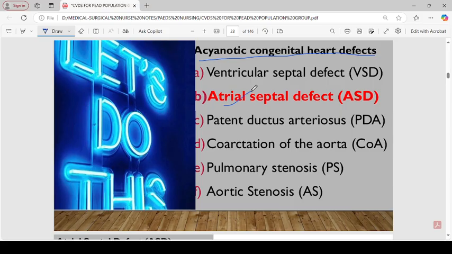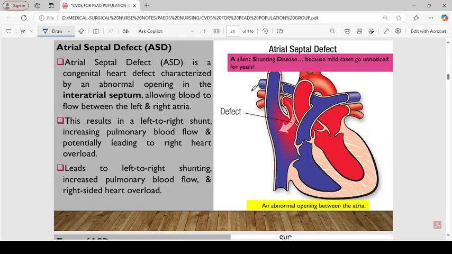The second condition we're going to look at is atrial septal defect. This is a congenital heart defect characterized by an abnormal opening in the interatrial septum, which allows blood to flow between the left and right atria. This results in a left to right shunt, increasing pulmonary blood flow and potentially leading to right heart overload. Somebody joked that atrial septal defect is a silent shunting disease because mild cases normally go unnoticed